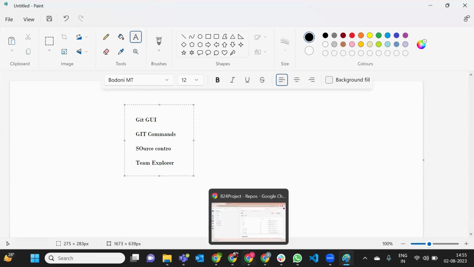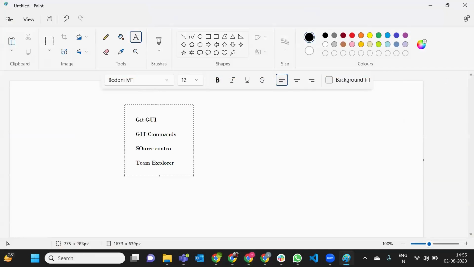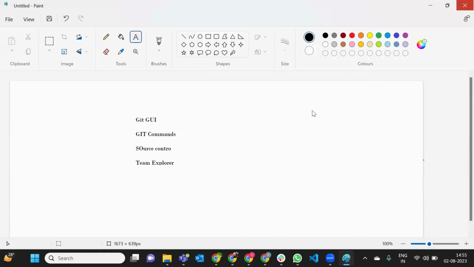So Team Explorer is one tool, is it? It's an IDE. Actually, if you know the Visual Studio IDE, you will have an Explorer like Team Explorer. Do you know that? Source control will be there in your VS Code IDE. Don't worry, guys. I'll explain all these things later. Okay. If you look at here, guys,